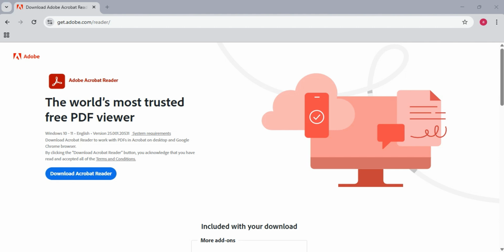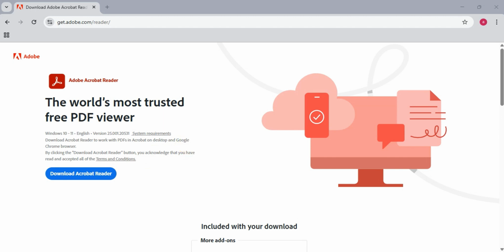the official Adobe website. So this is their official website, so you could go ahead and search get.adobe.com/reader or simply just type in Adobe Acrobat Reader and you should be able to see their official link. So there is an option for you to go ahead and click the blue button to download it. So Adobe Reader alone doesn't allow full editing but we'll use the other built-in features that are free to make